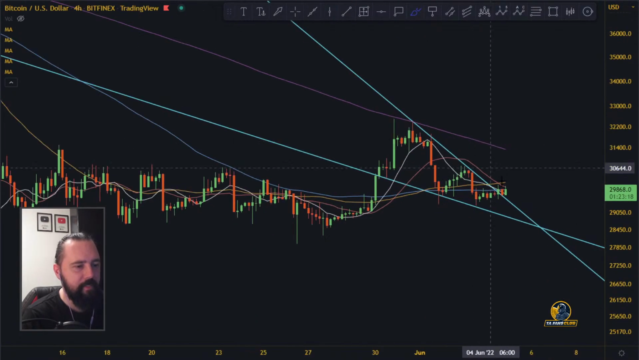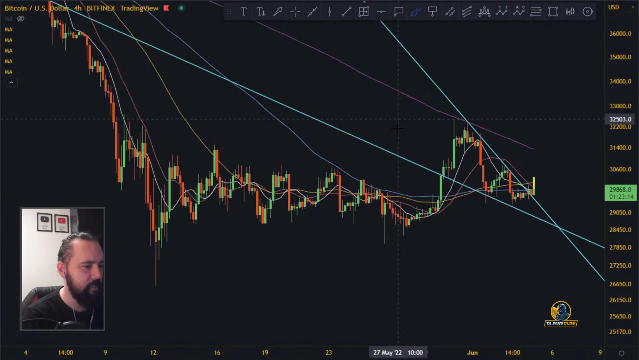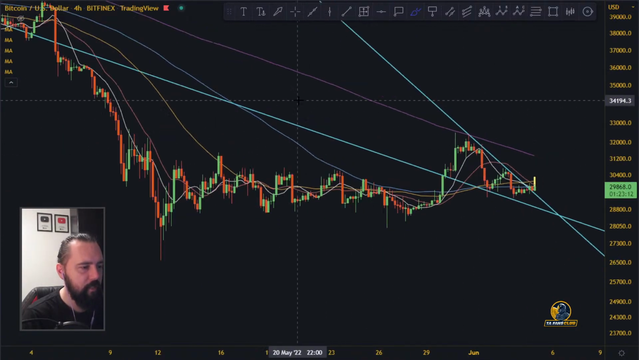Now it might turn into important if it manages to pump and gets above other resistances, because there are definitely other lines on the chart. But